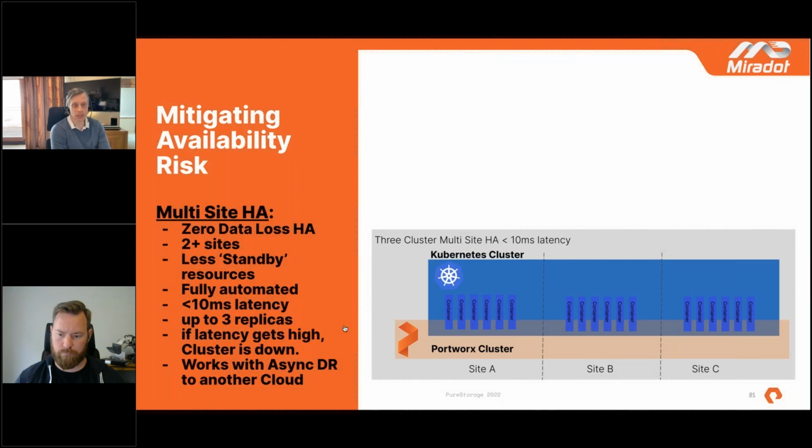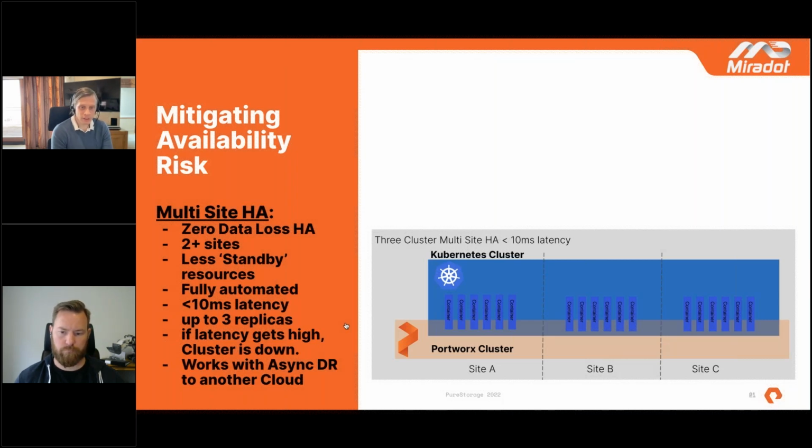This is also somewhat fully automated by Kubernetes, right? All of these sites are the same. Portworx then automates the moving around of the storage and the replication of that, and we can have three replicas in this scenario. You could have 4 availability zones if you wanted. We tend not to see that in public cloud. They tend to stop at 3. But you could, but you would have 3 replicas of the data moving around between those clusters. If the latency gets high, as I said, the cluster stops working. That's something to consider. It must therefore be very reliable, and reliable under 10 milliseconds.